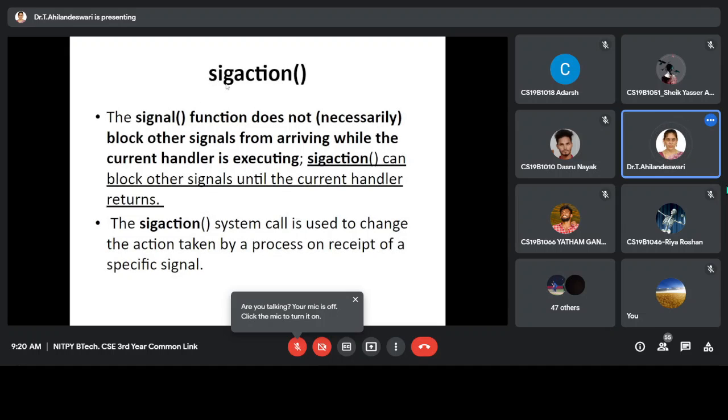Then sigaction. What is meant by sigaction? What we discussed so far is signal and signal handler, the usual thing.